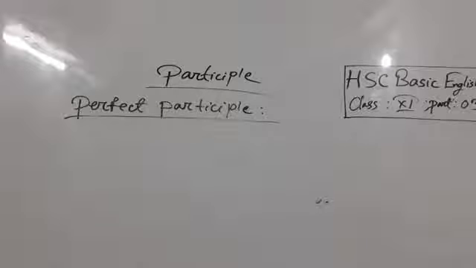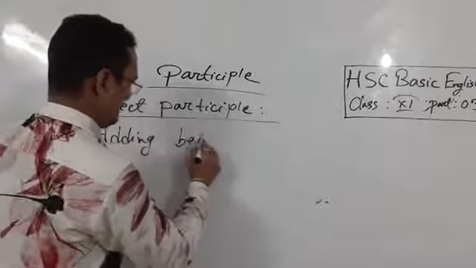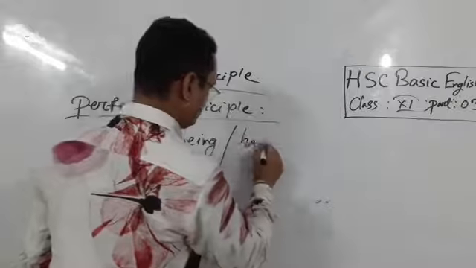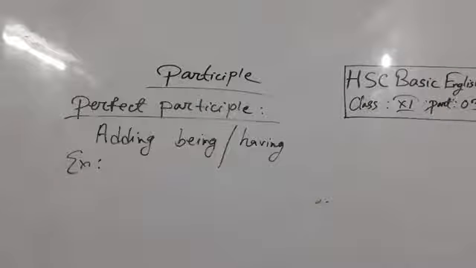Perfect participle: adding being or having before past participle. What I am saying? Adding being or having. Something like that. For example,